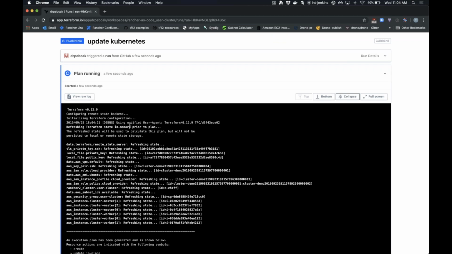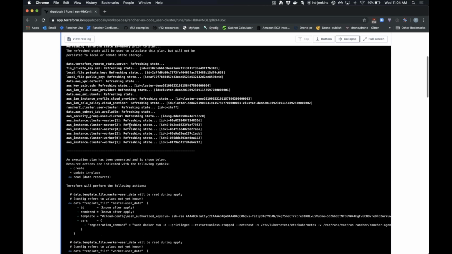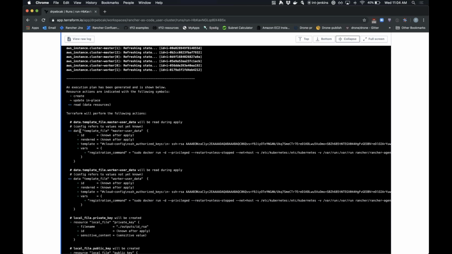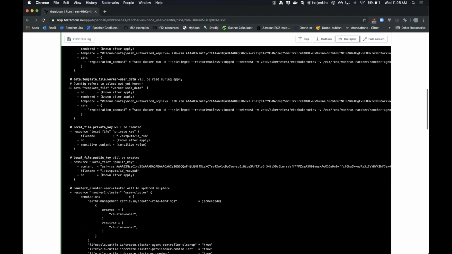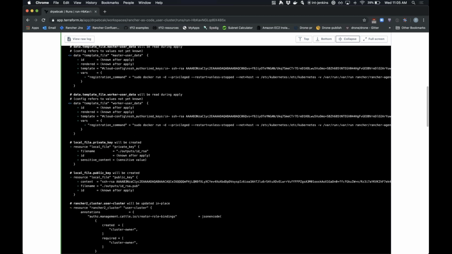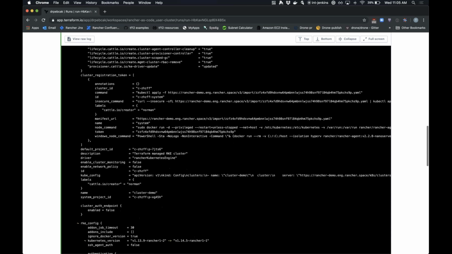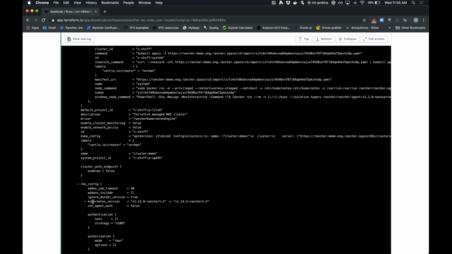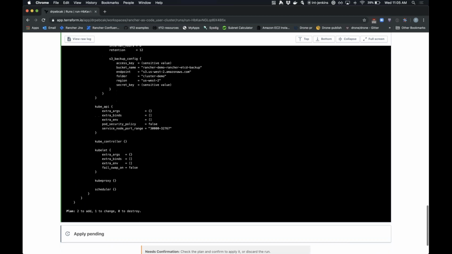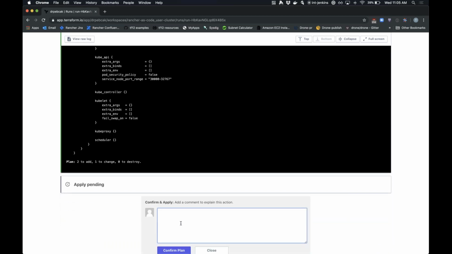So it's running a Terraform plan here, which shows us what is going to change when this executes. So it says that, of course, our user data is going to change, and, sorry, I'm looking for the changes. Here we go. This is the change. So our cluster is going to be updated, and it will show down here. Kubernetes version is changing from 1.13.9 to 1.14.5. Right, so that's our change that we're going for here. So I'm going to confirm it,